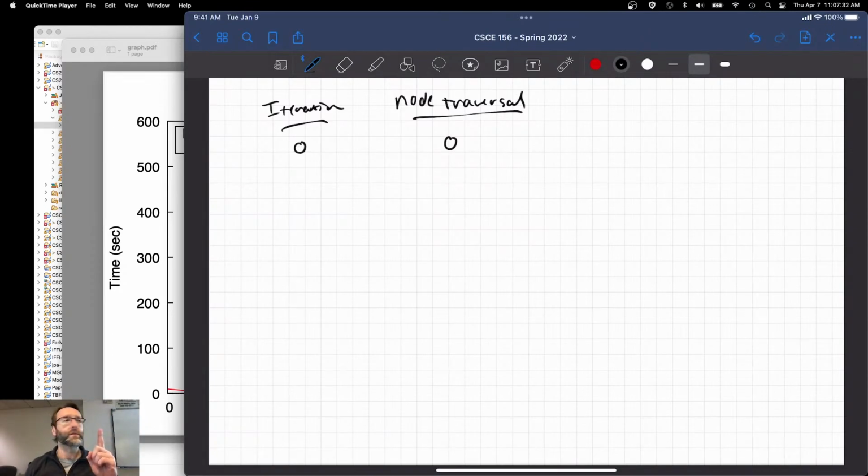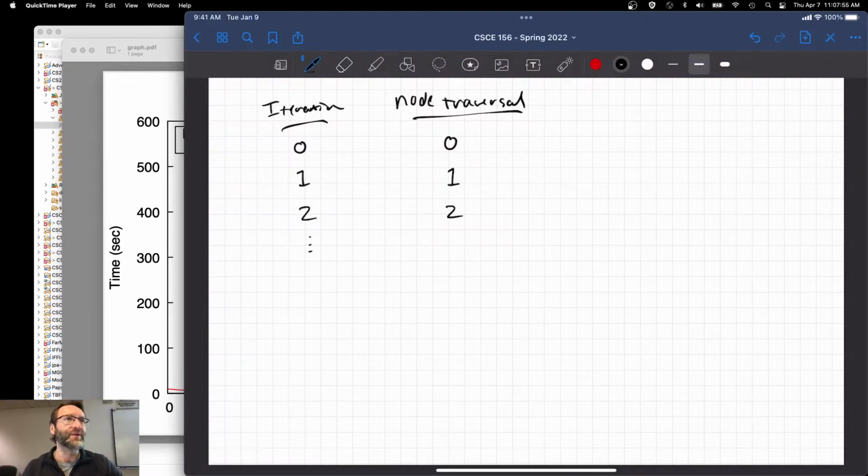No. So 0 node traversals. On the second iteration, where we want the element at index 1, how many traversals do we have to do? Well, you start here at the head, and then you just have to go one more over, so 1 node traversal. On the third iteration, you have to do 2 node traversals,